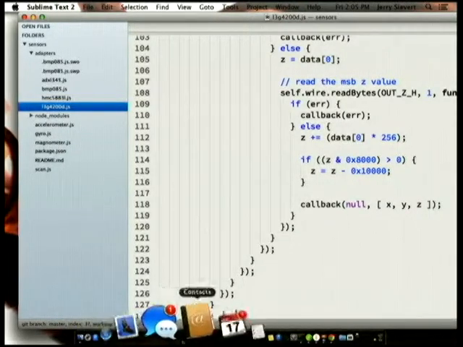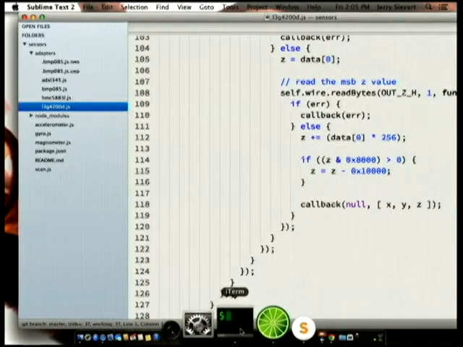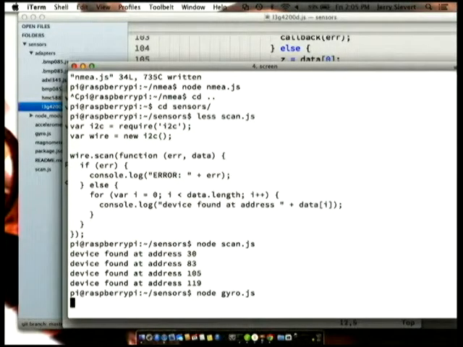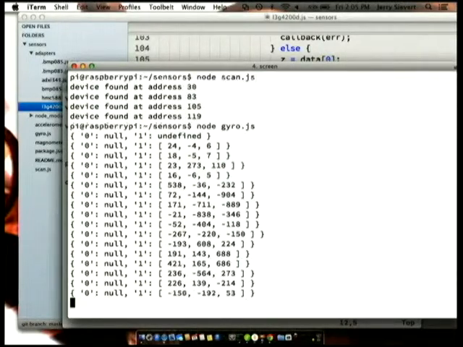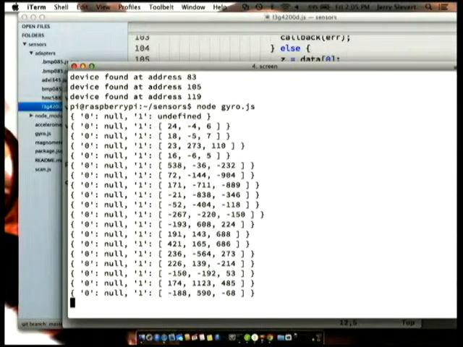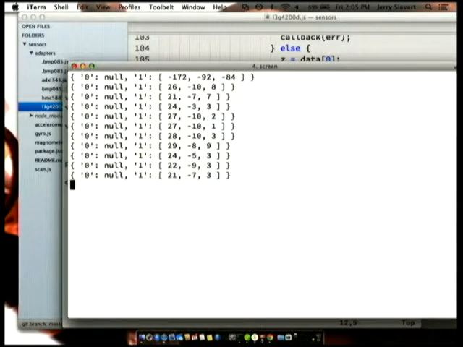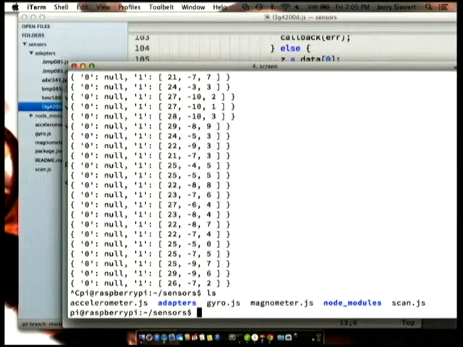So what does that end up doing? And what does that end up looking like? Well, that's simple. As soon as I can find my terminal. If all goes well, then we have an actual gyroscope with data coming out, that gets disconnected because my screen session goes out when I accidentally hit something. So we're pretty stable right now. We're really not moving. We have a magnetometer as well. So let's take a look at that code.